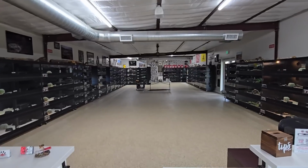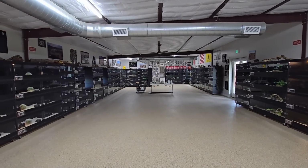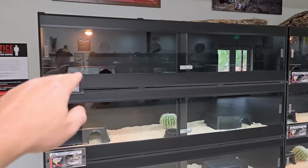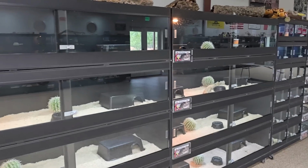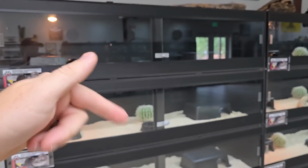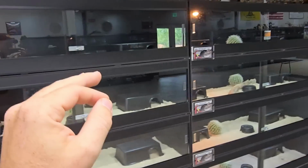All right, guys, this is a snake training center, the dog aversion training, but it's also a zoo at the same time. So let's go take a look. So what he was saying is only the first couple of pens here are working snakes, and they only work 1 day a week. So he rotates them so they're not overly stressed. And all the snakes are intact. They just have